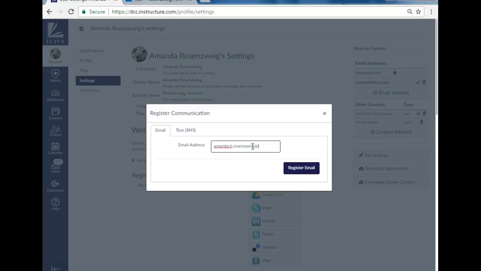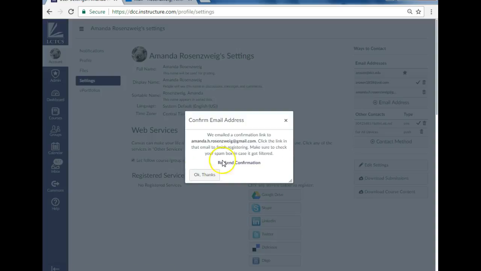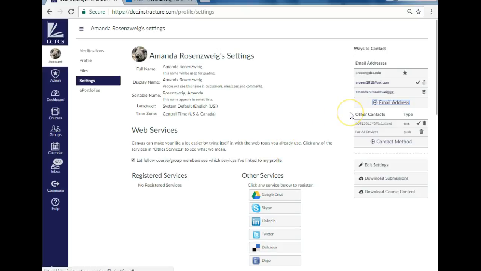And remember that the students never see this. It's just how I receive communication. So I will say register email, and I get a confirmation sent to me to make sure that I did these steps. Now, if you want your text messages to be your primary form of notification, you can go click